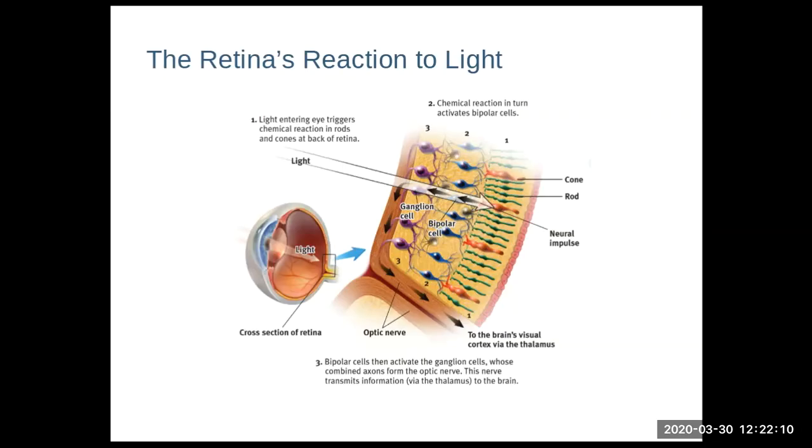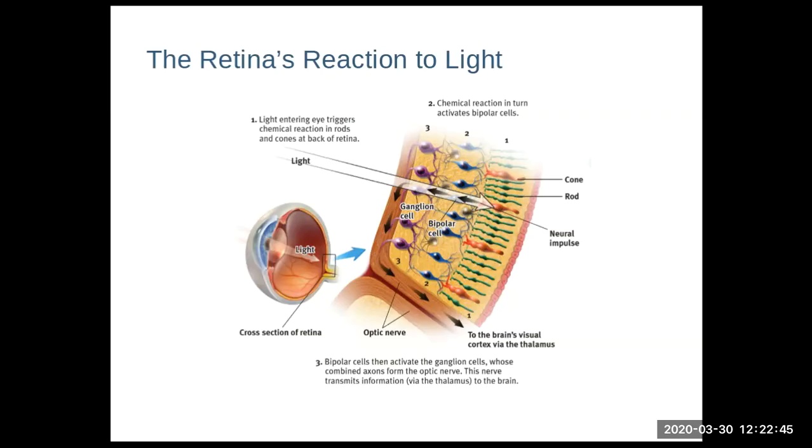So again, to make it as clear as possible, light comes through the eye, through the lens, and projects onto the retina. When light hits the rods and cones, also called the photoreceptors, those rods and cones give off a chemical in response to the light. The signal is now transduced. It has now been turned into a brain signal via chemicals and action potentials, and it is no longer light waves. So now the brain can understand this.